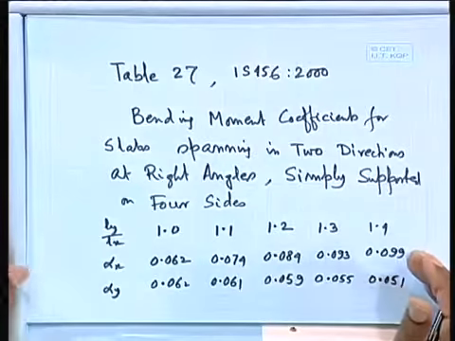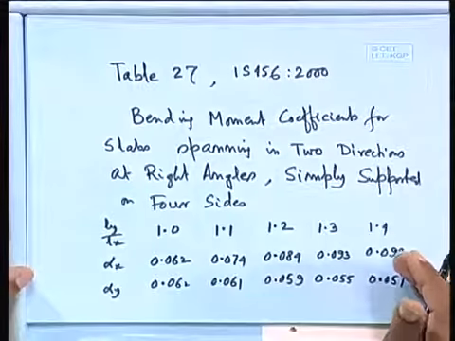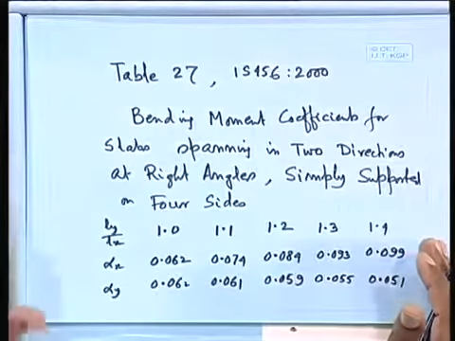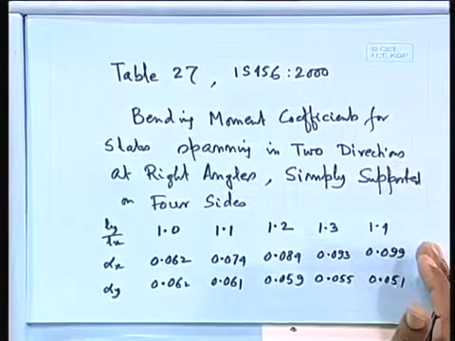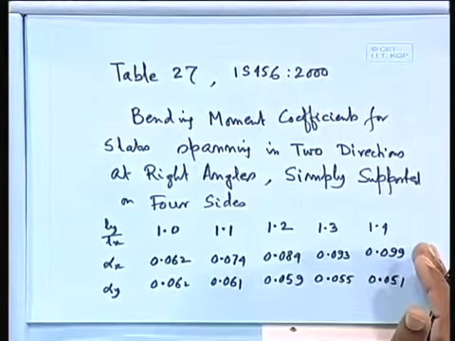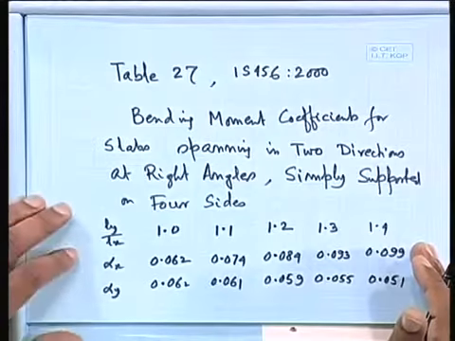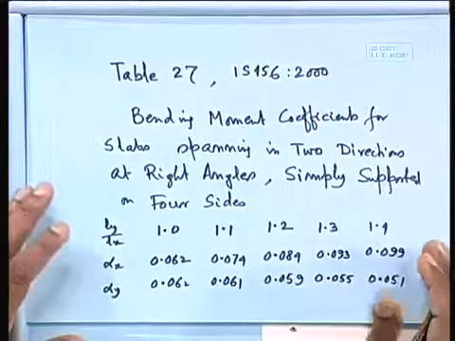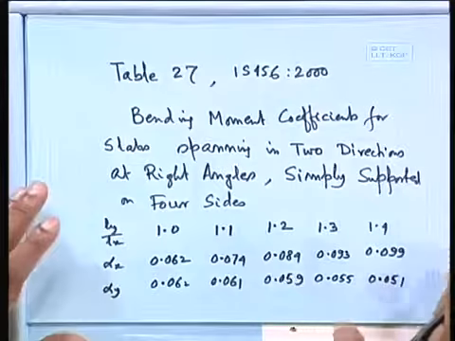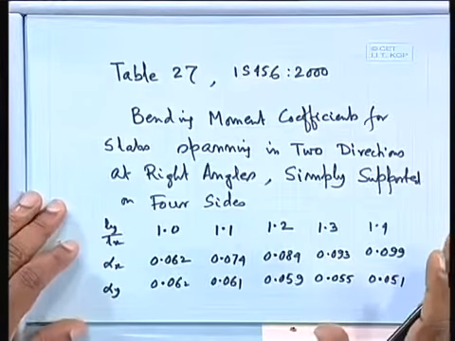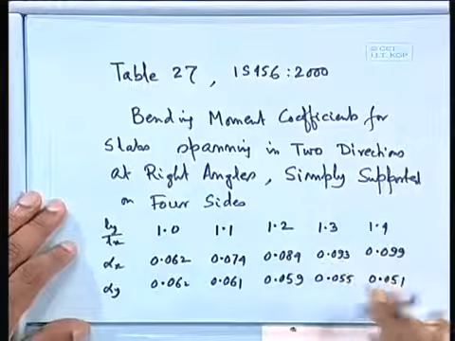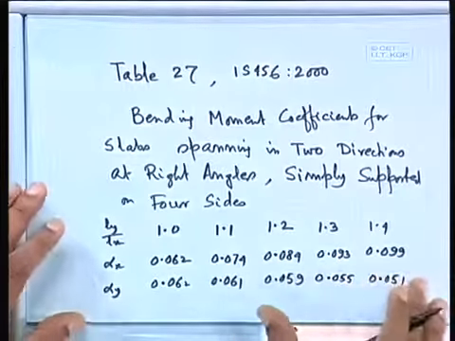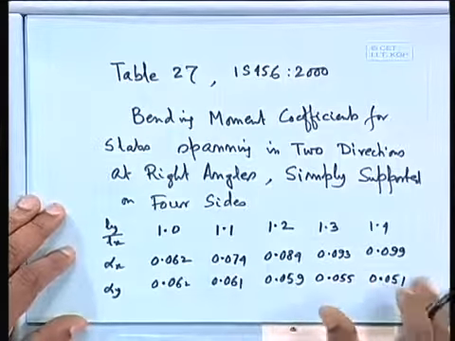For the simply supported case, we go a little more, and it goes that Ly by Lx, our code says you can go up to 3. Ly by Lx you can go up to 3, and that one is available in this particular table. But for other cases, we shall go up to 2. So what are those other cases? I shall explain now.